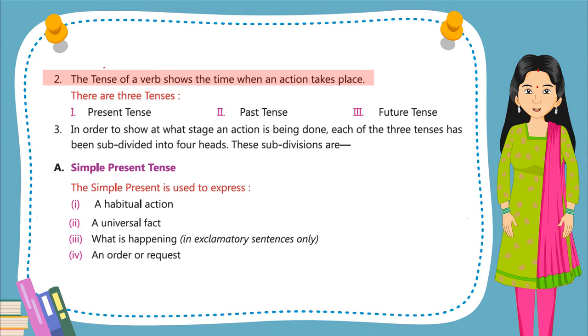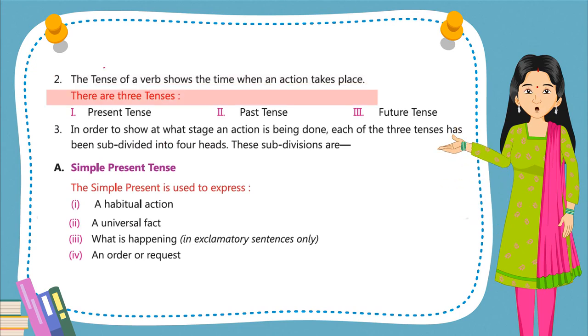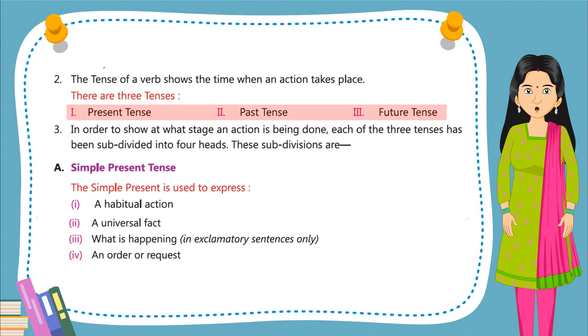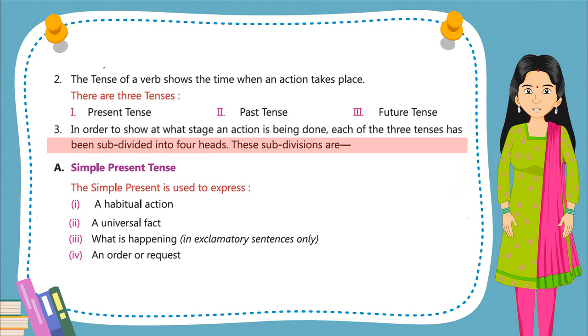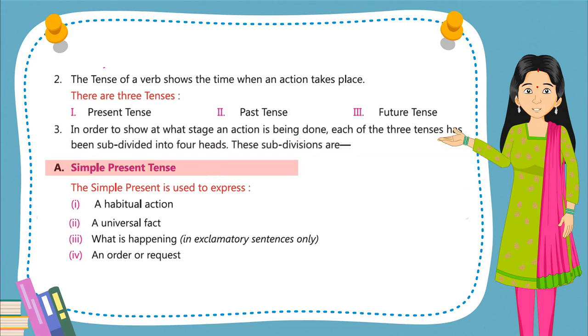2. The tense of a verb shows the time when an action takes place. There are three tenses: i. present tense; ii. past tense; iii. future tense. 3. In order to show at what stage an action is being done, each of the three tenses has been subdivided into four heads. These subdivisions are: